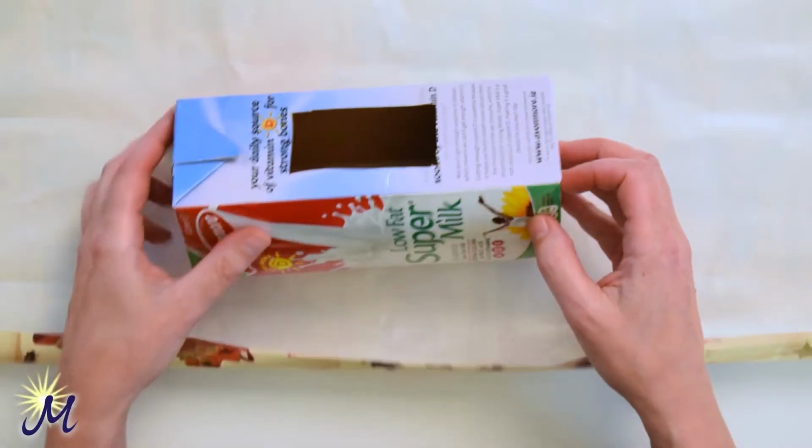Hi everybody, we're going to make something nice for Christmas today. This is a nice display in the window or on the table. It's a Christmas cracker of a special type. It's a floral arrangement. So what you need is a juice carton or a milk carton, and this one here